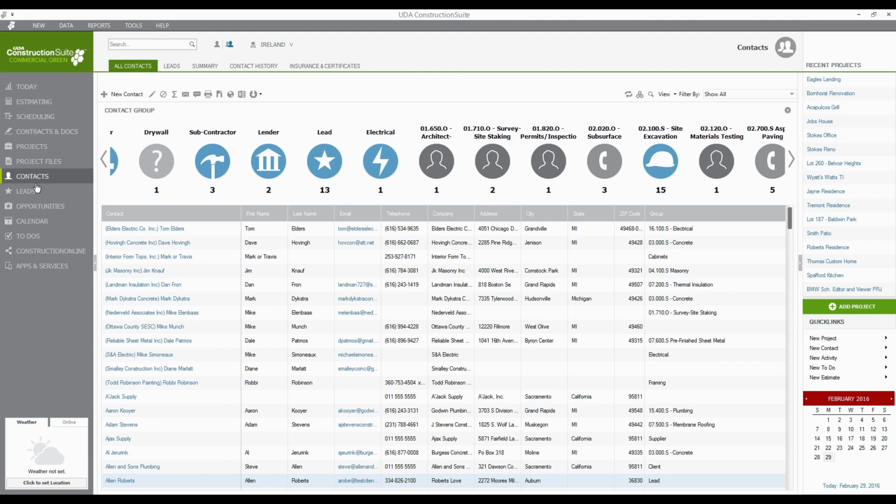We've got lenders and subs and electricians and everything like that, you'll see in the list. We've also got leads and clients and past clients in this list. We've got bankers, architects and engineers, basically anybody that you might work with in a business sense. They'll show up here in the contacts list, and same as before, you can go through and organize them by